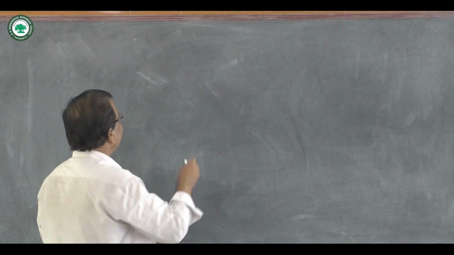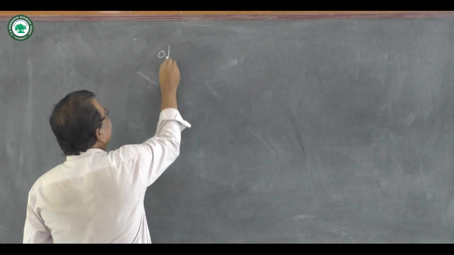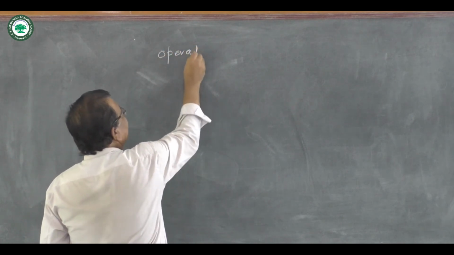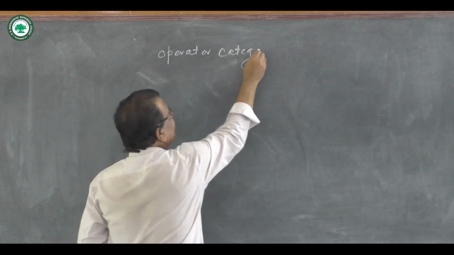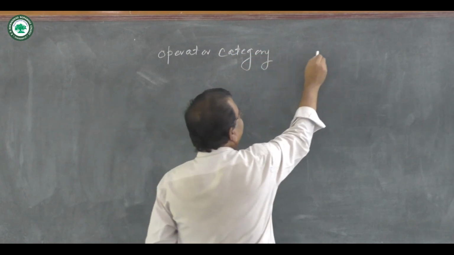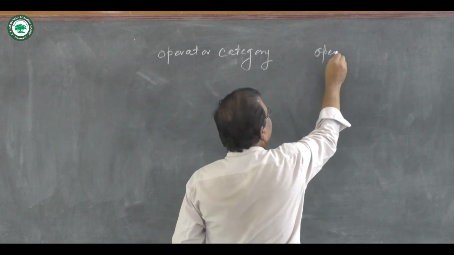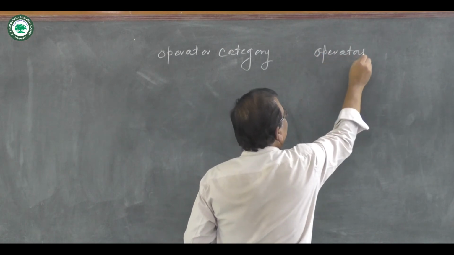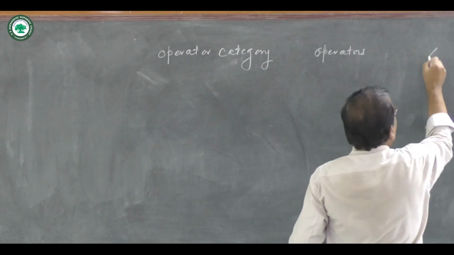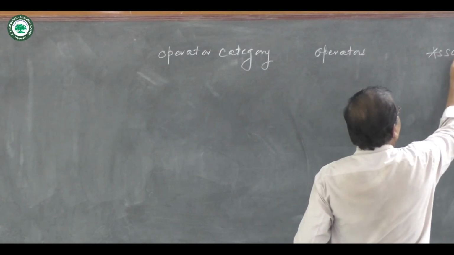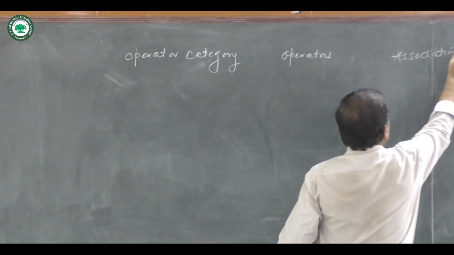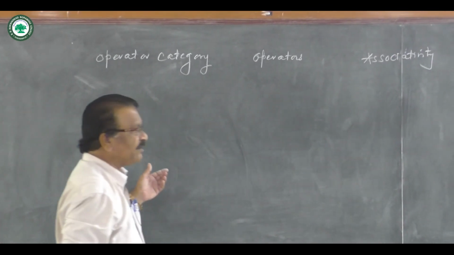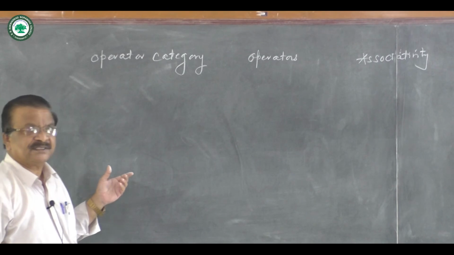So what we have here is operator category, then operators, and then their associativity. Highest priority or precedence